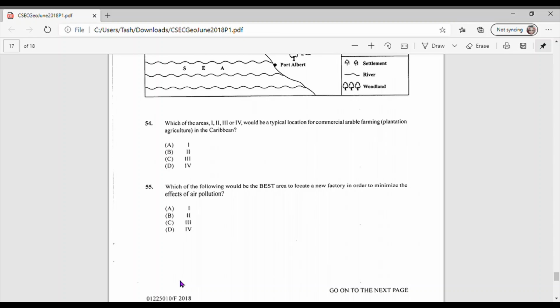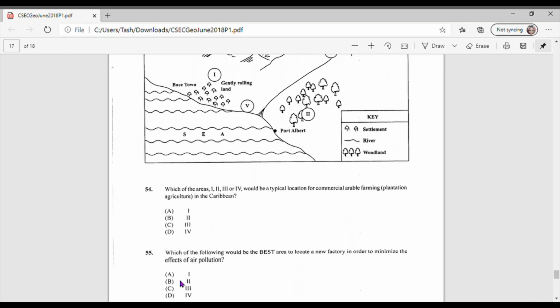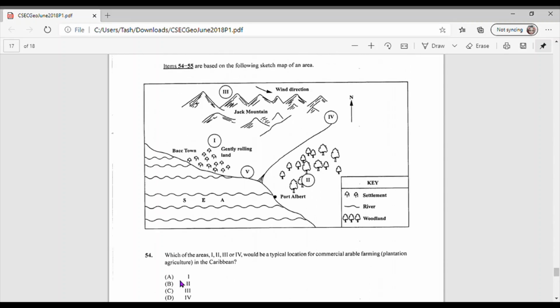55. Which of the following would be the best area to locate a new factory in order to minimize the effects of air pollution? All right, so we're looking at the same 4 places, but this time we're looking for the best area to locate the factory to minimize the effects of air pollution. So here on the map, we're seeing the wind direction. So the wind would be going this way. So if you're building a factory, you would want to put it somewhere where the wind is going to assist in removing